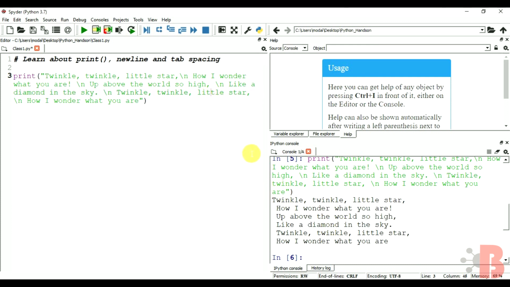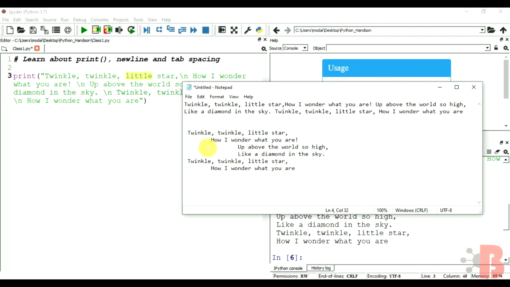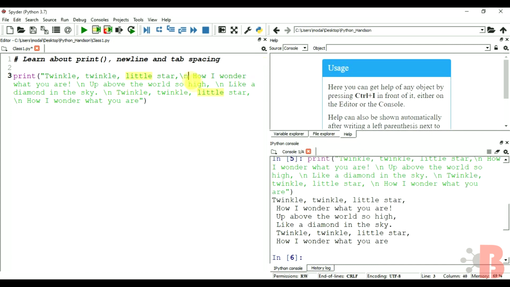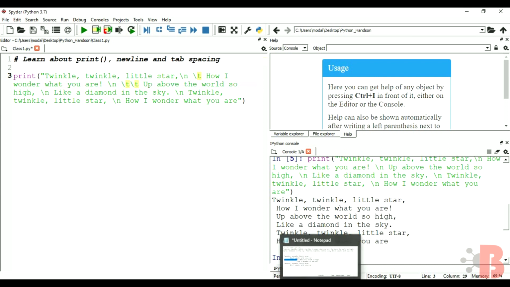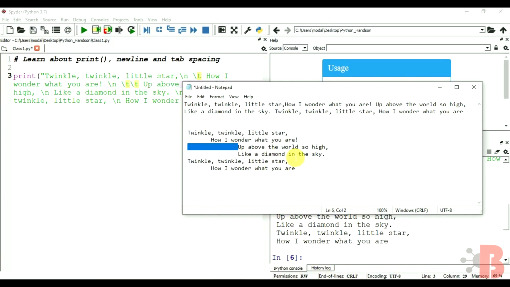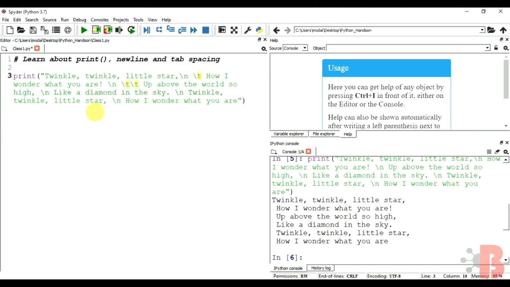Now we will do the next thing, which is tab spacing. Here we will need one tab space, here we will need two tab spaces. So after the first \n, here we need one tab space, that means \t, and before "up" we need two tab spaces, \t\t. Next, before "like a diamond" in this case, we also need two tab spaces, \t\t.